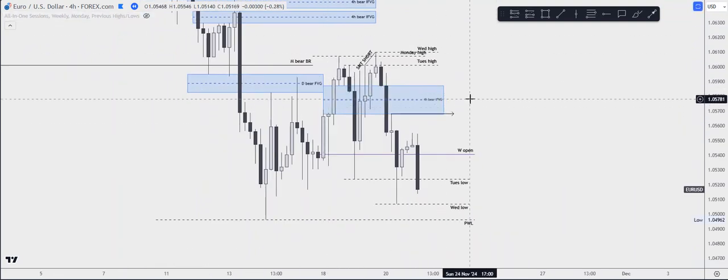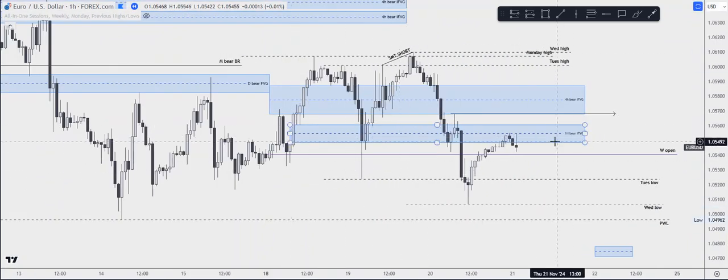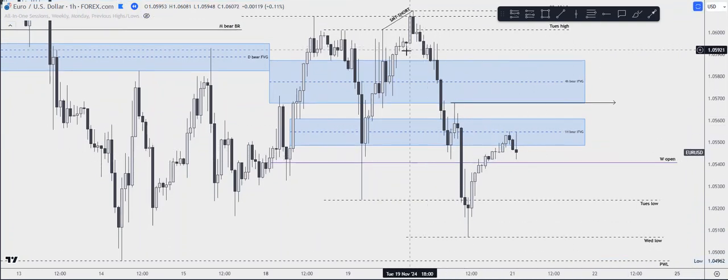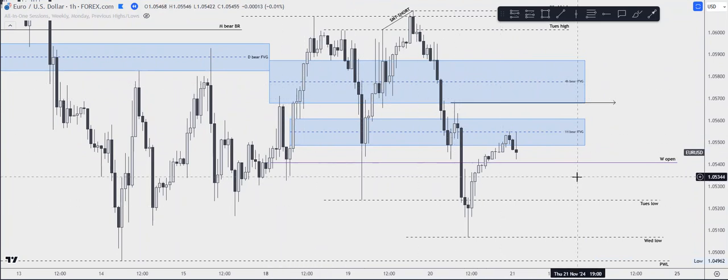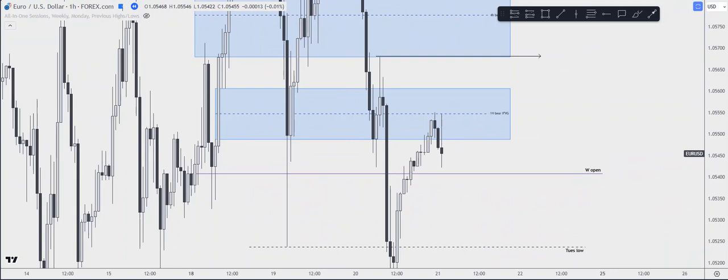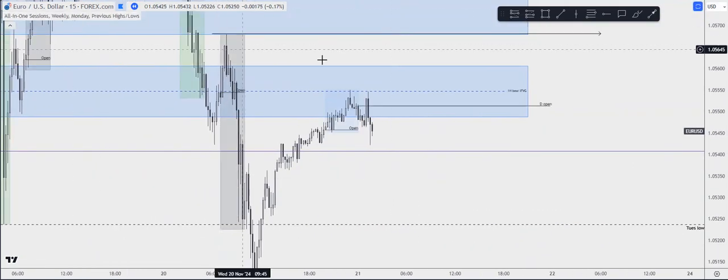So what we can see on the 4 hour is we have an inverse bearish fair value gap. Nothing else really. On the 1 hour, one more inverse fair value gap. Nothing else really. Cool. So if you go on the 15-minute, at this time, what you can be thinking is,